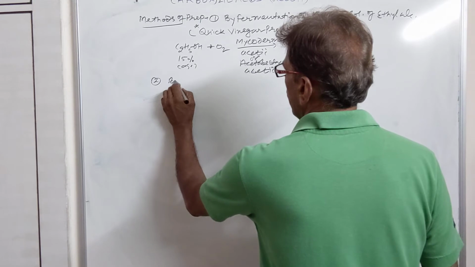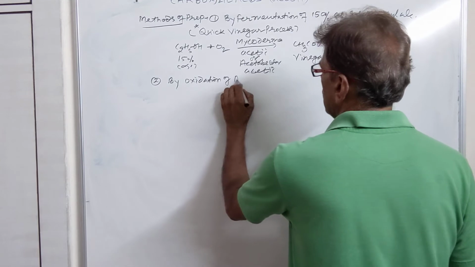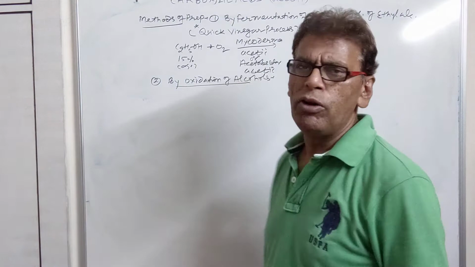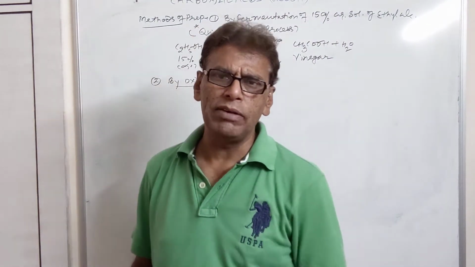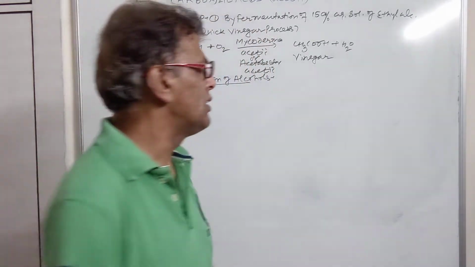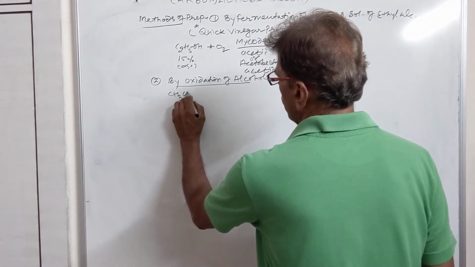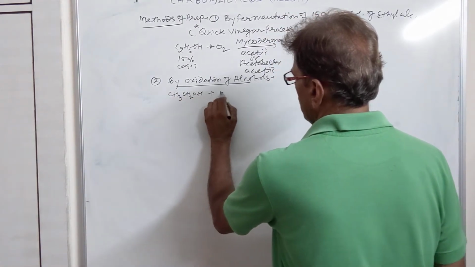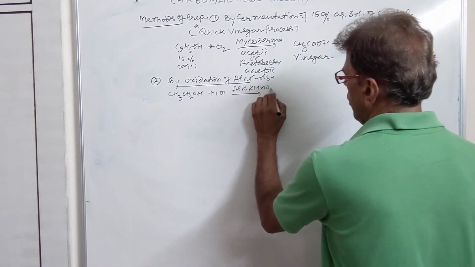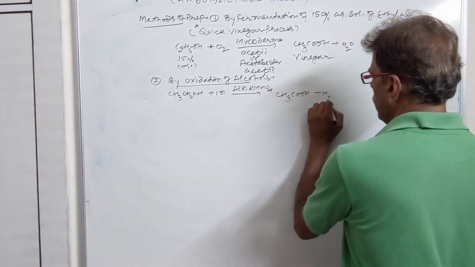Second is by oxidation of alcohols. We have already done oxidation of alcohol. This was our distinction test between primary, secondary and tertiary alcohol, and we know all the types of alcohol, whether they are primary, secondary or tertiary. All of them on oxidation produce carboxylic acids, and primary alcohols do not lose any carbon during their oxidation. We have just studied alkaline KMnO4. They produce a 2 carbon acid: 2 carbons were present in the alcohol, and we get a 2 carbon acid.